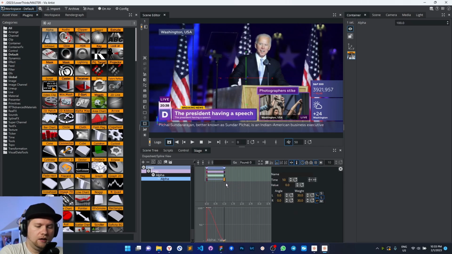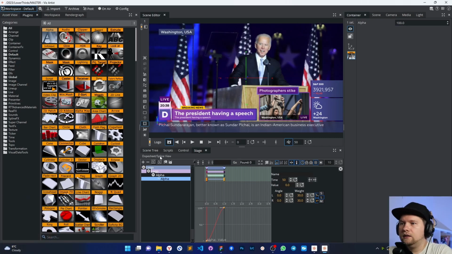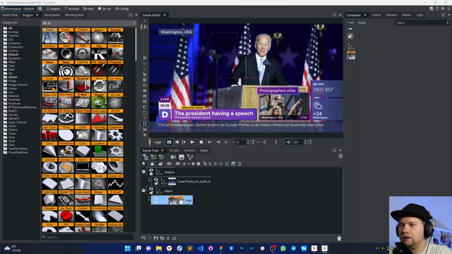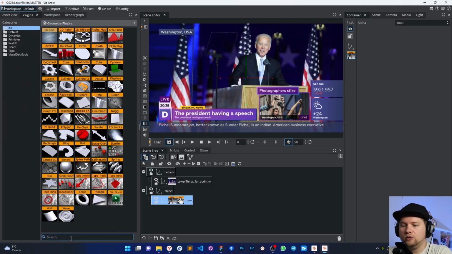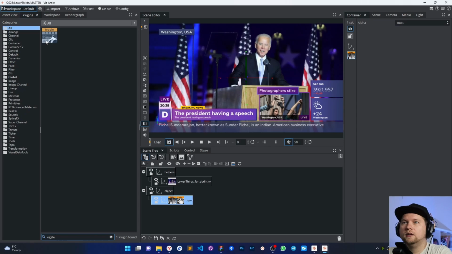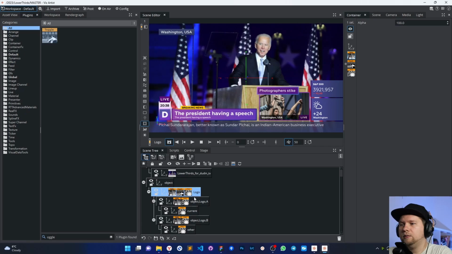I will use the S button on the keyboard and the left mouse button to select them, and press Ctrl R to revert keys. Okay, that's fine. And what we're going to do here to create a transition logic element, I'm going to use the toggle plugin. Let's find it like that. Move it onto the logo, and you will see it's automatically created